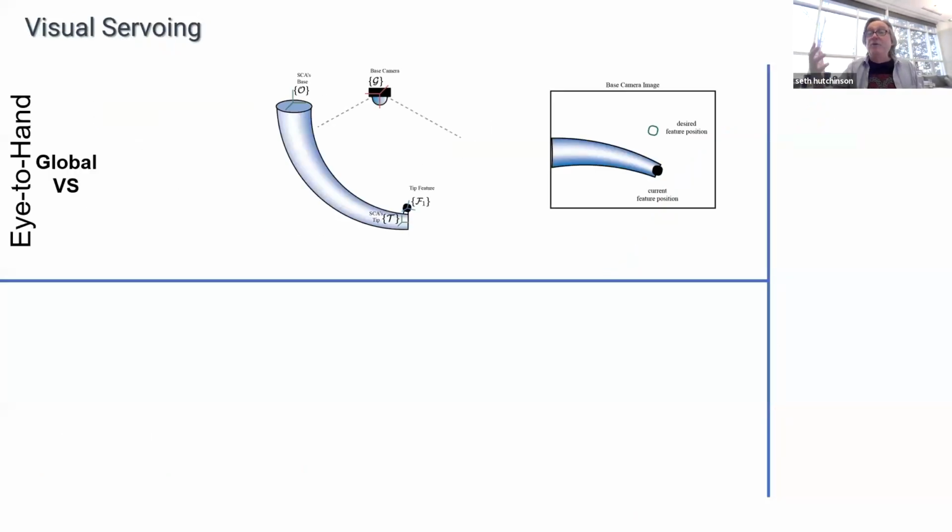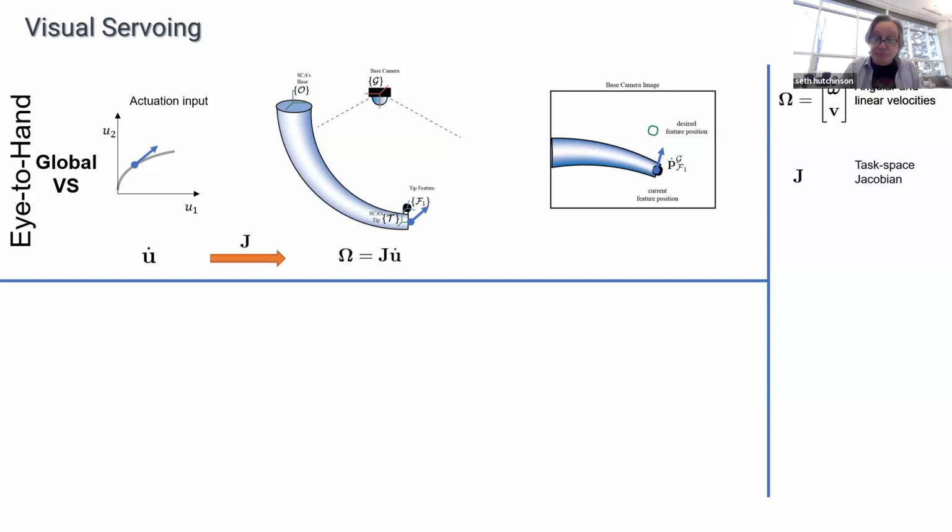So if you want to do visual servoing for a robot like that, you put a camera someplace, either on the end of the robot or you mount the camera in the world, right? You look at the tip of the robot and you see an image. And then if you change the input a little bit, meaning you compute U dot, the differential input, that causes some change in the configuration of the robot in the end effector frame. If you're looking at differential changes at the input, what you're looking at the output is differential changes in the output, which you can characterize by angular and linear velocities. And there's a Jacobian matrix that relates those things.